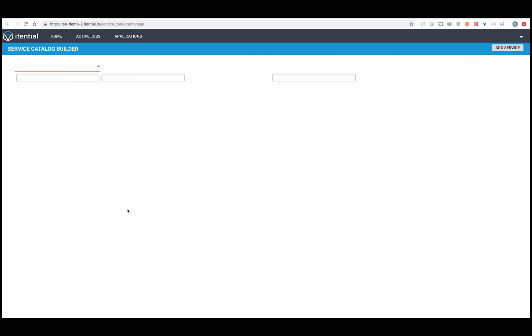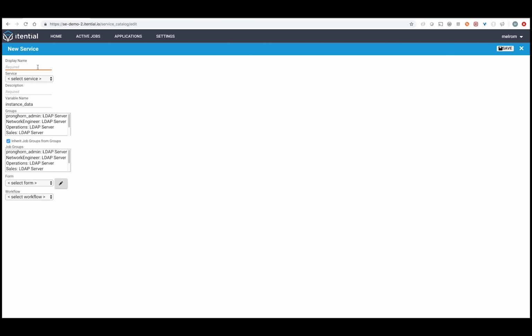Now, users have the option to start that automation from our APIs. They could connect in from different systems, such as something like a ServiceNow system or something like a Netcracker or some other northbound workflow management system. But what I'll do for this demonstration is I'll connect using our service catalog application. I'll go ahead and click Add Service. I'll give it a name, port turnup. I'll choose the service to associate it to,